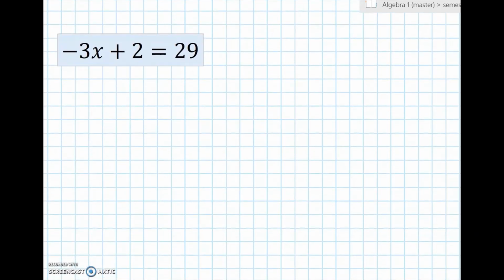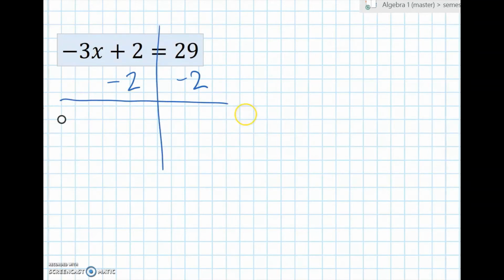Now, the two-step equation. The goal is to make it simpler first, to get x all alone, but simplify first. And I would recommend, and I hope you did this too, subtracting 2 first, because if you divide by -3, you're going to divide everything by -3 and you get a mess. So,